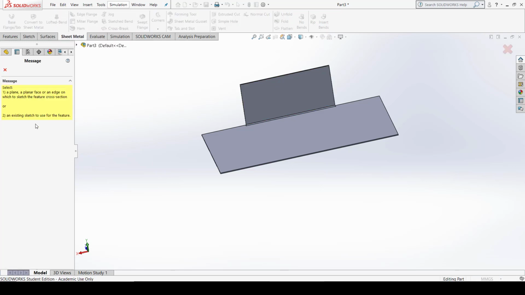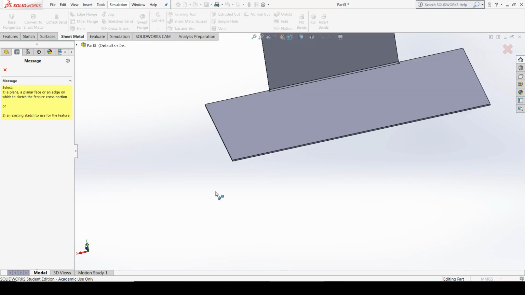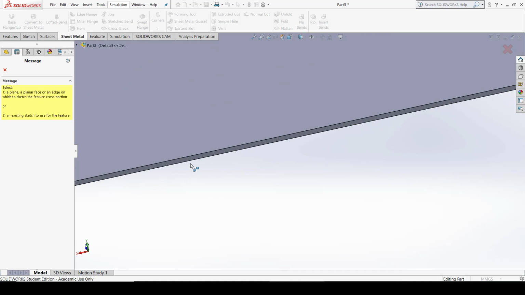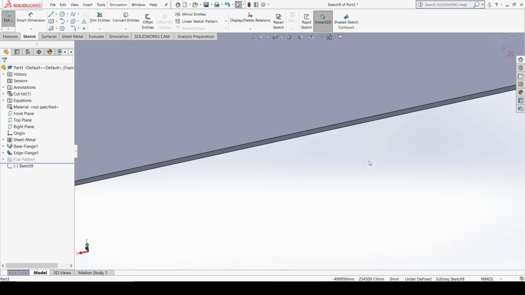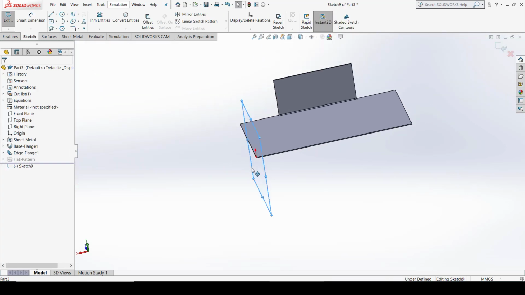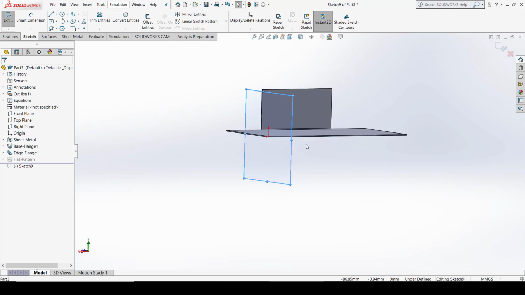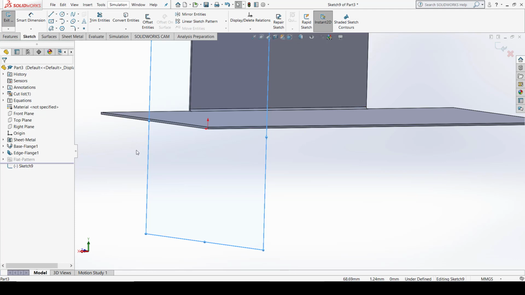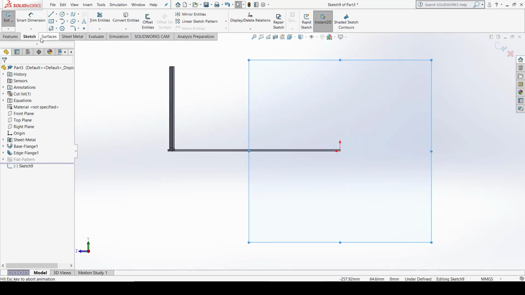So I just select this miter flange. You have to select first your plane or the edge. So let me introduce that this is the edge. Select the outer edge because you want the bend to be from the outside of the sheet metal, not from the inside. Okay, this is up to you. You want the bend from the inside or from the outside edge, it's up to you. So I just select the outside edge here, and you can define the plane. First of all you have to select the edge on which you want the miter flange, and you can see automatically a plane is created. And now what I do, I just press Control 8 so that it is normal, at 90 degrees to me.